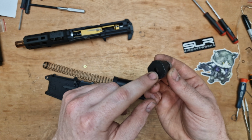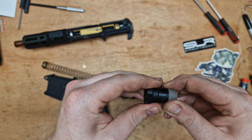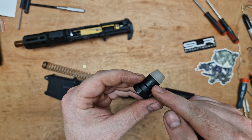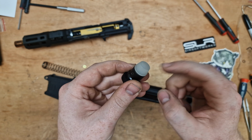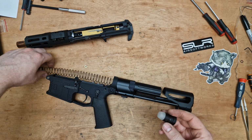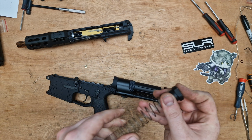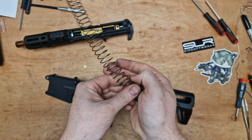Doesn't really need to have a hole in it either. And then obviously drilling out the back and then putting a pinhole in there so we can still use the buffer part. I'm not even sure the buffer part does anything, because when that spring, if we coil up this spring